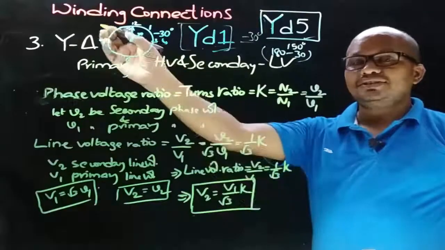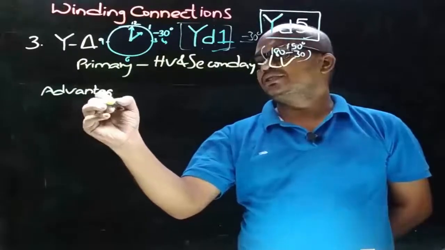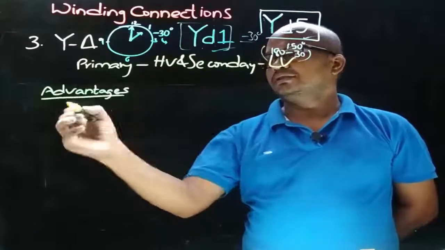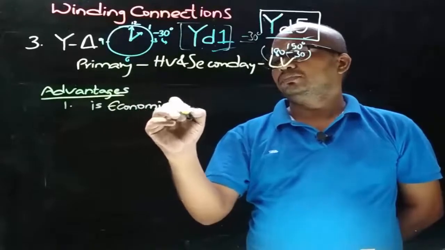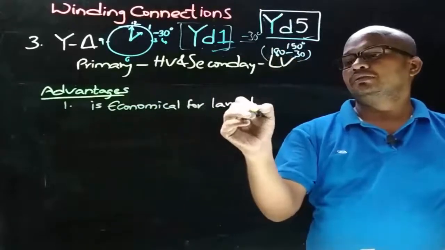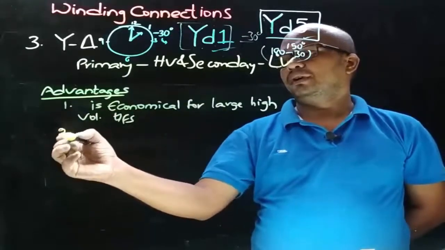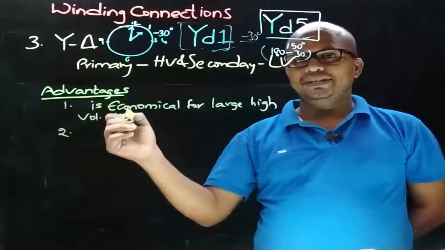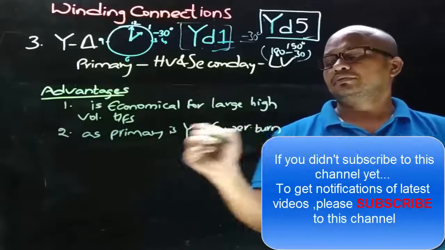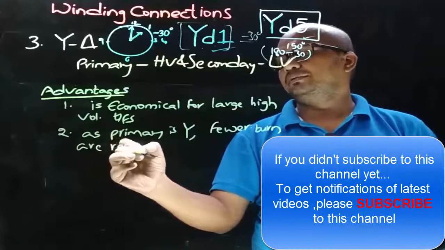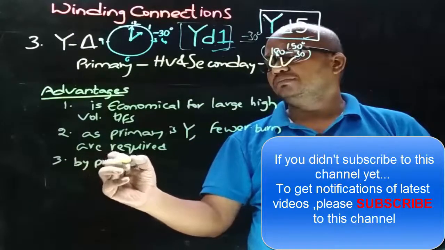It means this type of connection is used for step down applications, and the advantages of this connection are that this connection is economical for large high voltage transformers, and the second advantage is as the primary is star connected, fewer turns are required. And here on primary there is star connection, so by providing neutral connection,